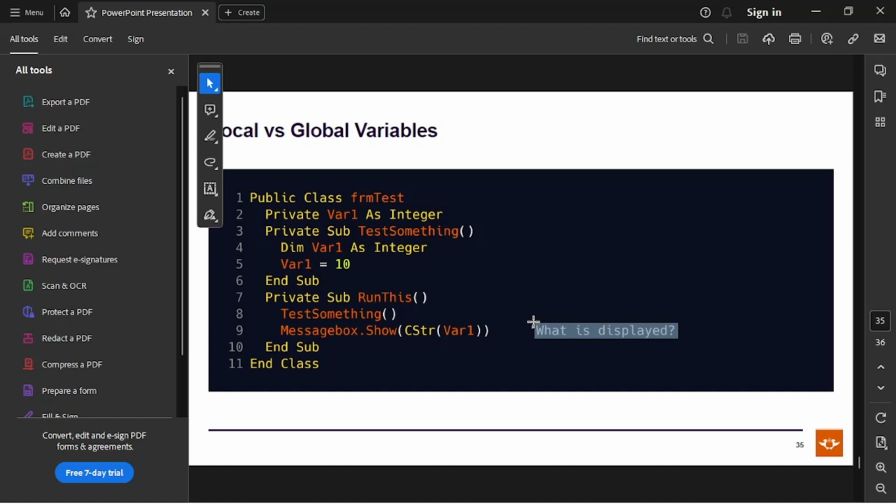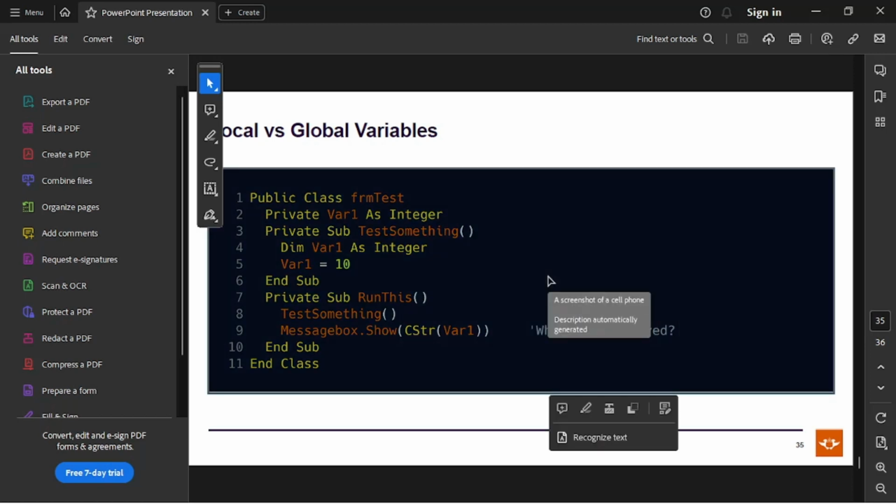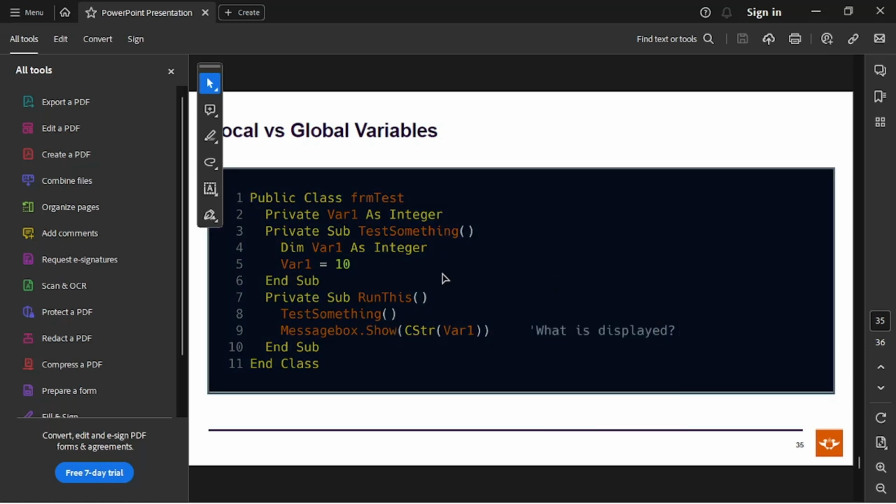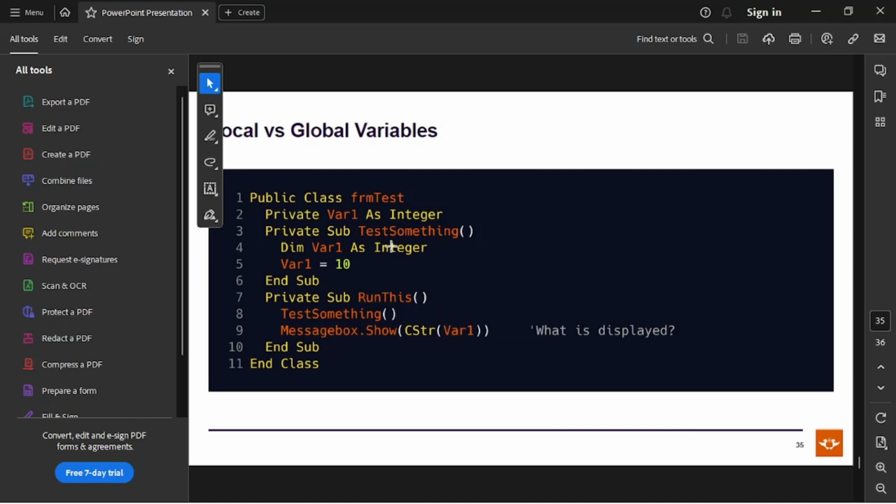What is displayed here? This is a good question. I'll say nothing is displayed. Why am I saying so? Because this var1 as integer,